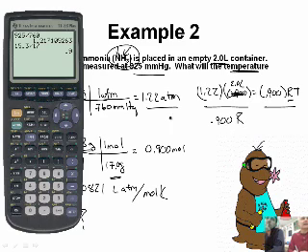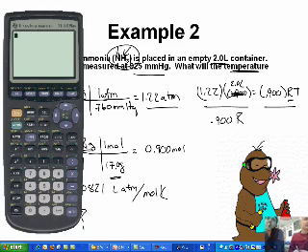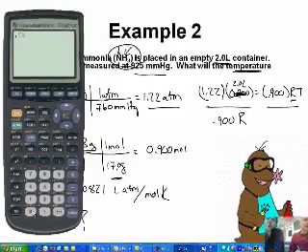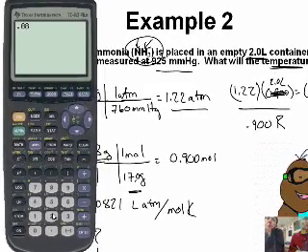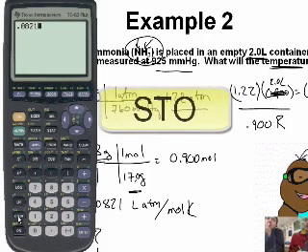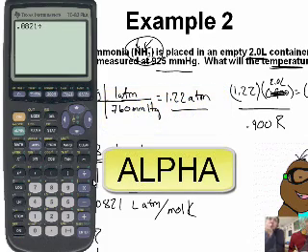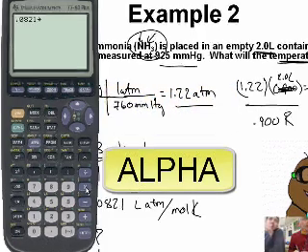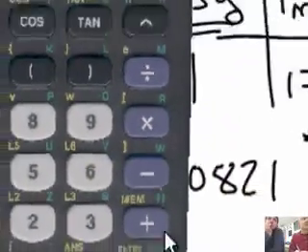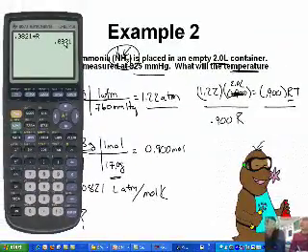Now, let me show you something on your calculator, guys. I'm going to do something pretty cool right here. I'm going to take 0.0821. I'm going to push this store button down here. I'm going to push the alpha button here and find the R button, which is the times button. What I've just done is store into the R button the number 0.0821. So every time I put in R, it saves that number. I don't have to remember it all the time. Sometimes it gets erased and you have to redo it.